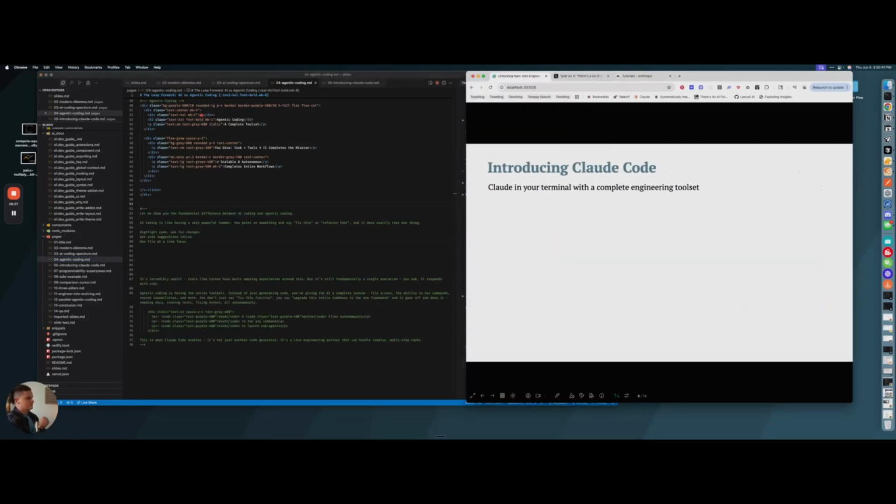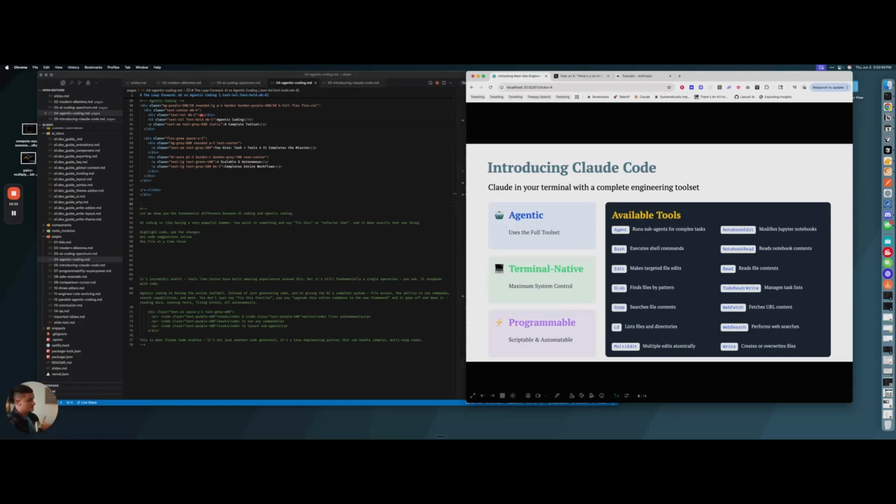So then this is where Claude Code comes in. It is an agentic tool. It is terminal native, and it is fully programmable and scriptable. And here are the available tools that it has access to, quite a lot. This then allows it to edit and navigate your code base to figure out, based on your request, what you need to do. And something I really want to take a look at more is the agent section, which is